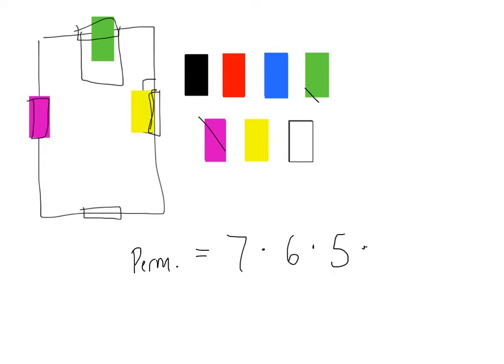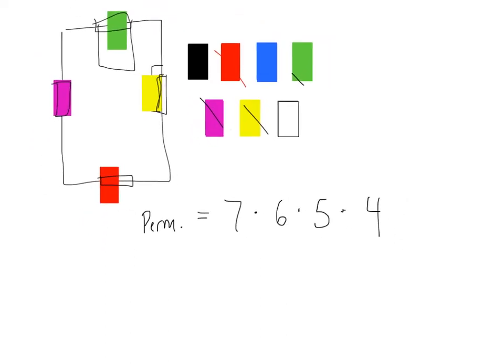Then for your last wall right here, we used yellow, so we've used 1, 2, 3. So you have 1, 2, 3, 4 choices left. Okay, and let's say you pick red. So left over, you have your black, you have blue, and you have your white. And you know what? That's okay. But you can only put 1 on each wall, so what we're going to say then is your permutation is